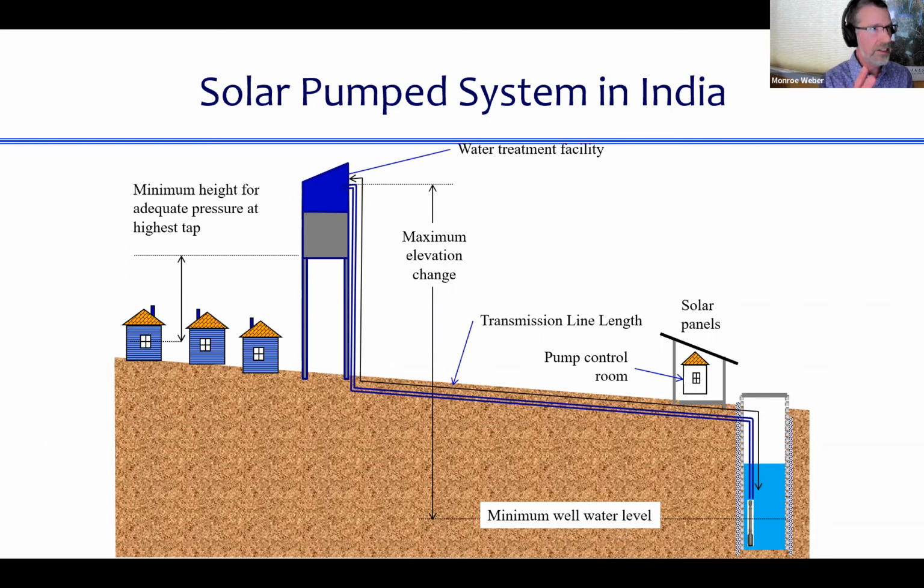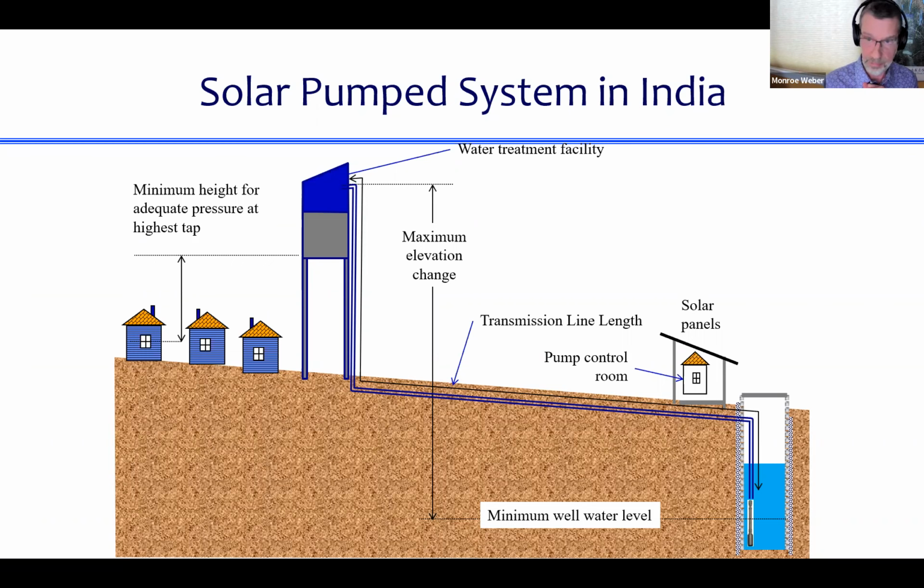So here's a system in India where we're taking water from a well. There's a solar powered pump down in that well that's lifting the water up out of the well and all the way up into a water treatment plant that is sitting on top of a storage tank, so that the water gets treated, then goes into the storage tank, and from there goes to the community, the village, with a